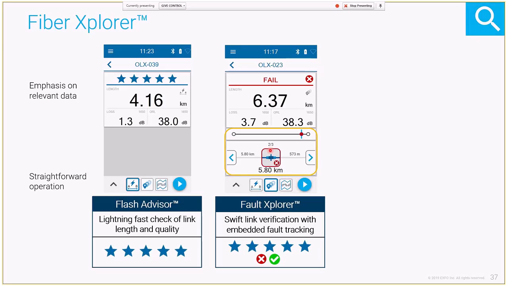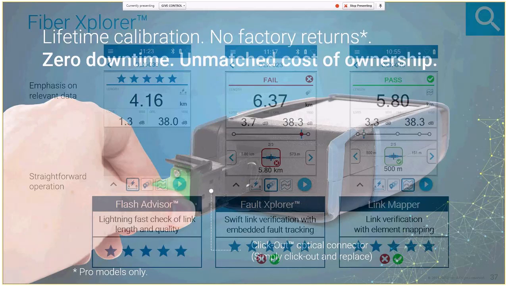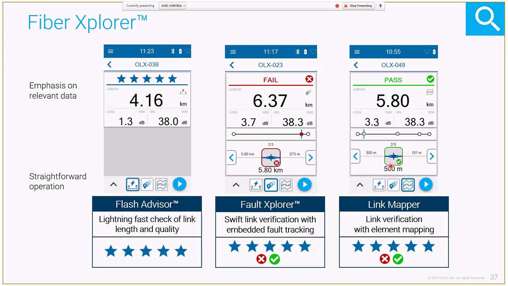That's why as soon as you have 2 more wavelengths, you're going to be able to identify macro bends as well. And as you see here, you have your link mapper. So in terms of patents and what did we bring as well to the market with this OX1, essentially